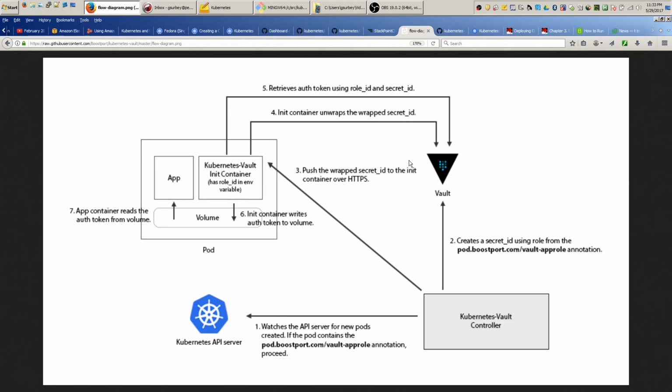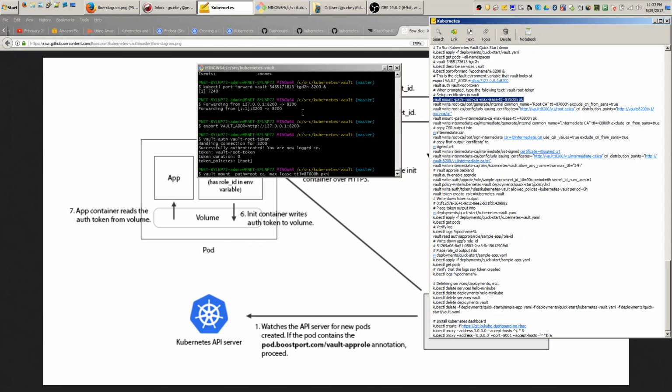In this demo, I don't have that turned on. However, I do believe the Kubernetes Vault controller to Kubernetes Vault init container agent is a secure line with HTTPS so that it passes that secret ID securely across the wire. And so that is what I'm going through right here to set